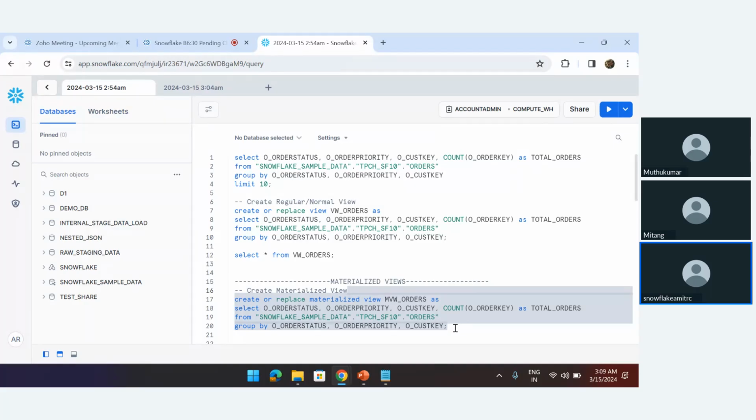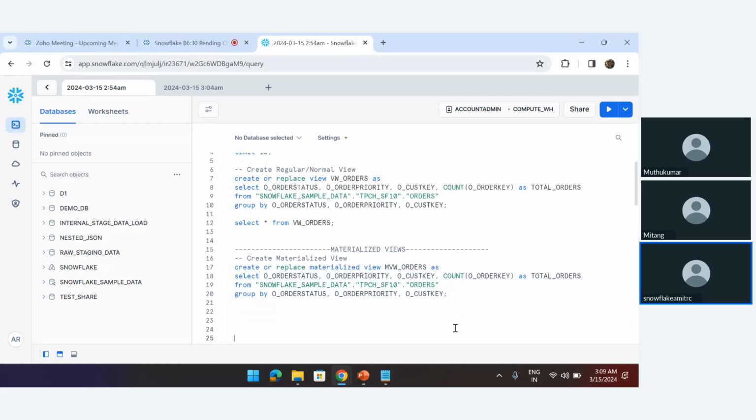Once it has derived the records or fetched them from the base table, it will store that data separately in your storage as ready-made data, as materialized view data. We call this data a pre-computed record set. Why? Because after that, whenever we call the materialized view,